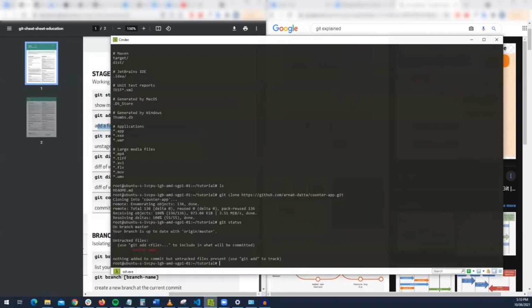Okay, so let's move on. As I was talking about before, git add. Now, if you do git add dot, what that does is it adds all the files that are red, right? If you had separate files, so for example, let's go into